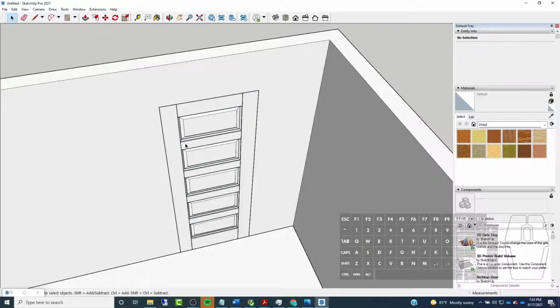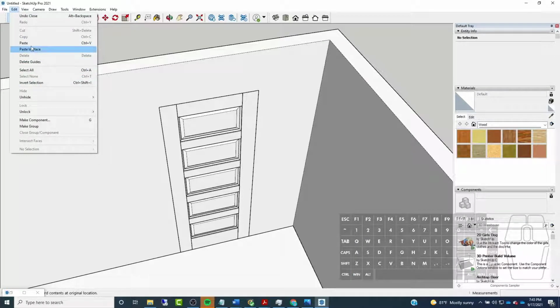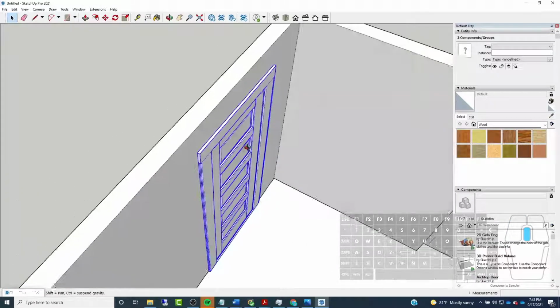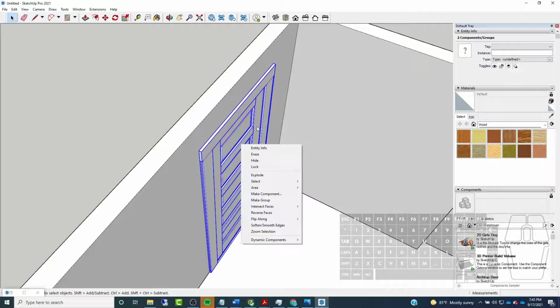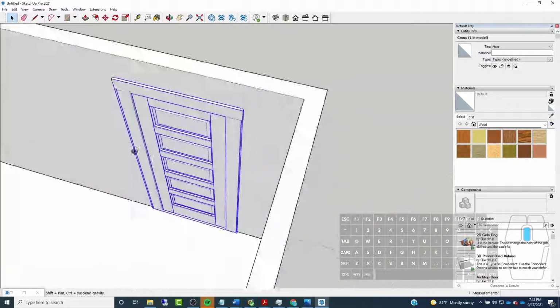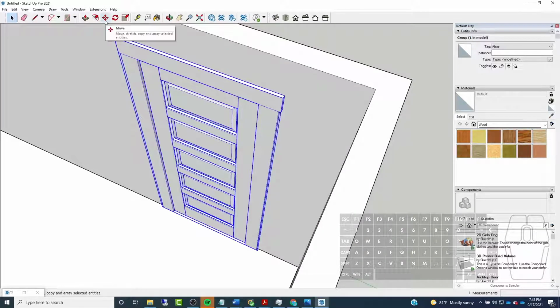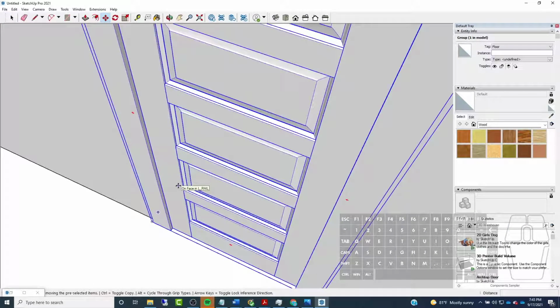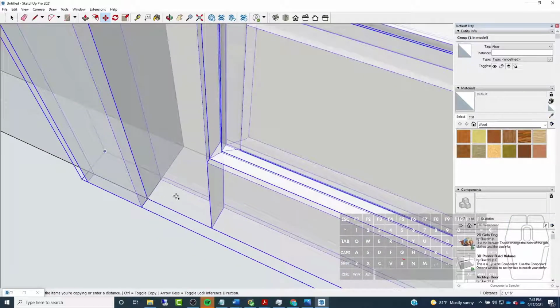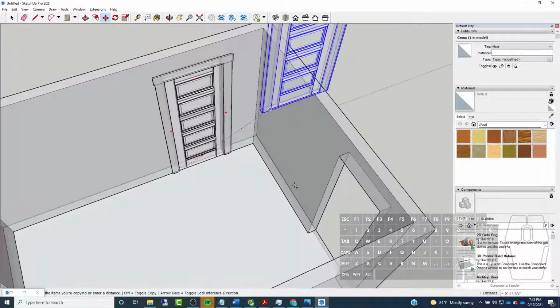I'm just going to have to paste this back in, and then just group the two of these together and not make the trim a part of the component. So I'm just going to make it a group like that, and then use my move tool and switch to my X-ray mode, copy this over to here,